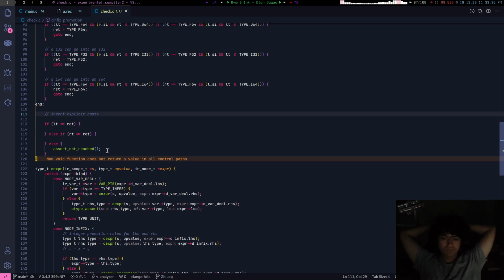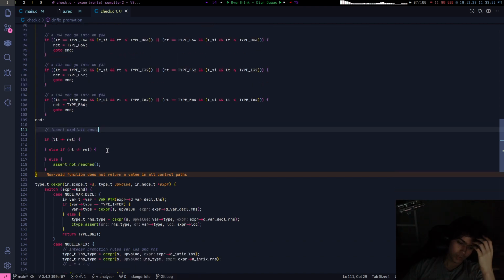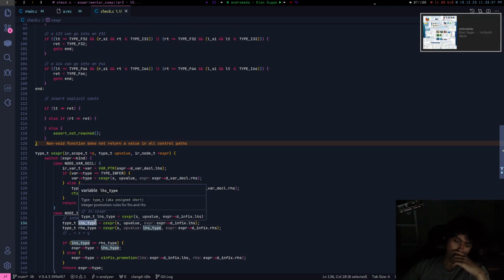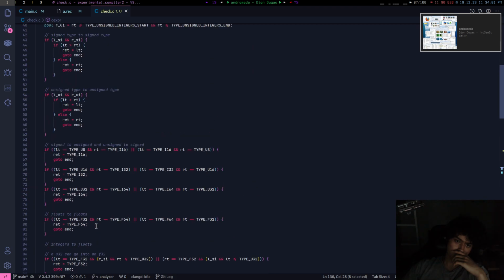What I could do is not evaluate the right hand side yet, and then use the type here.